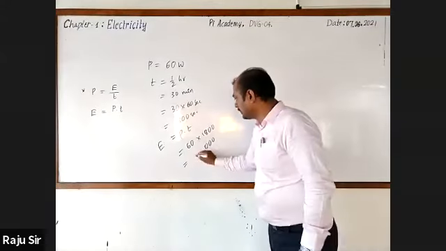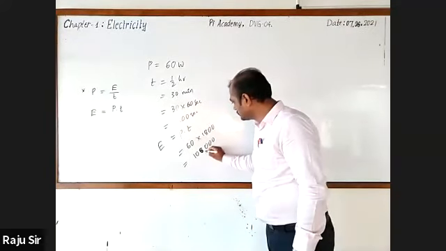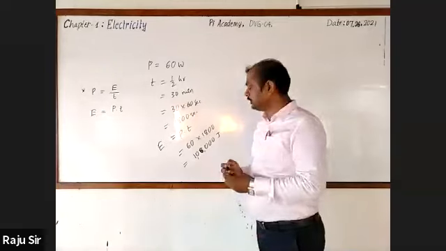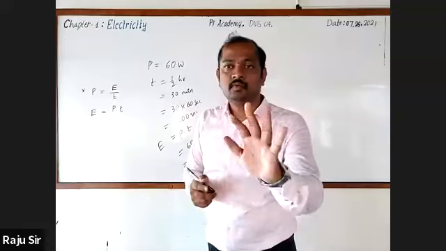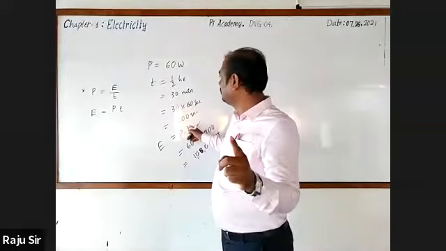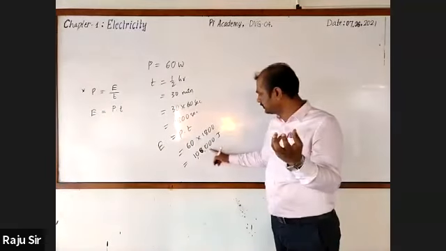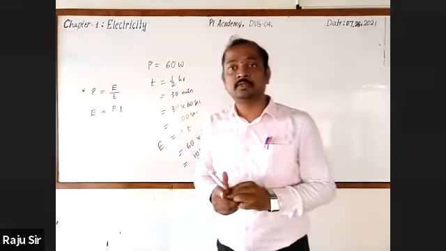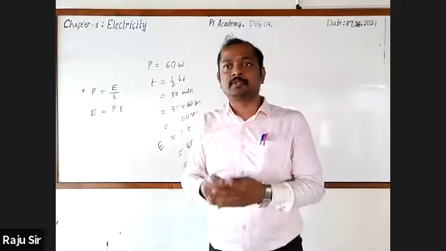This is equal to 108,000. That is, 1,08,000 joules of energy we are using. Followed? If you are using a 60 watt bulb just for 30 minutes, it consumes this amount of electrical energy, 1,08,000. Like that, many electrical bulbs and components will be used for some time, 1 hour,